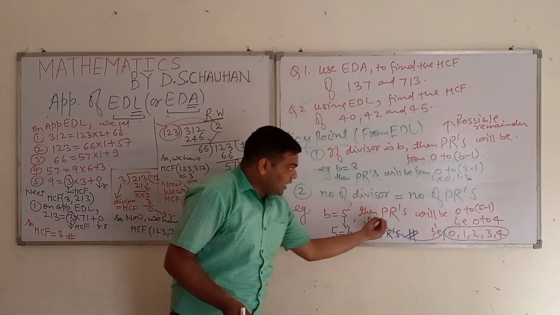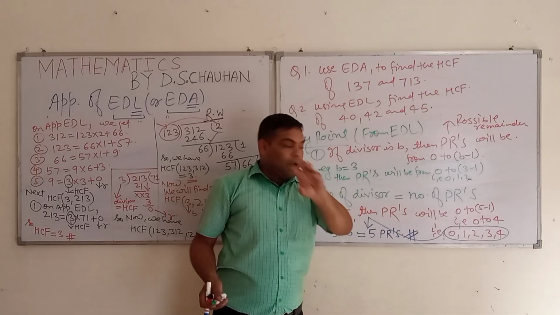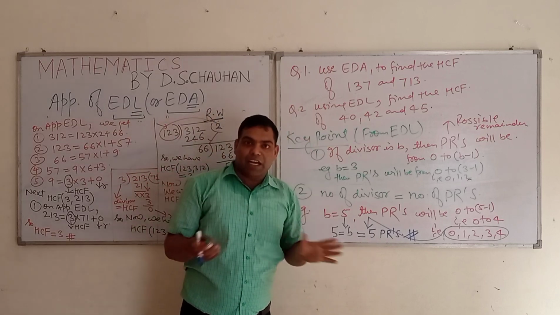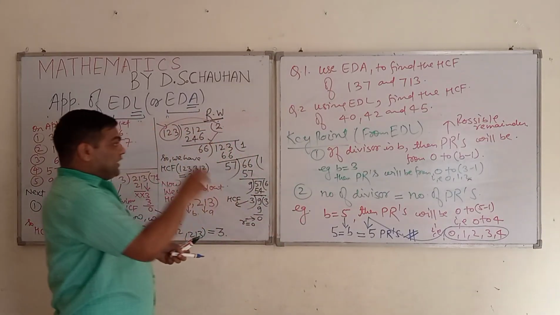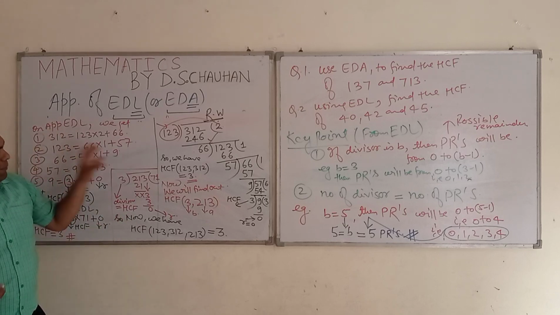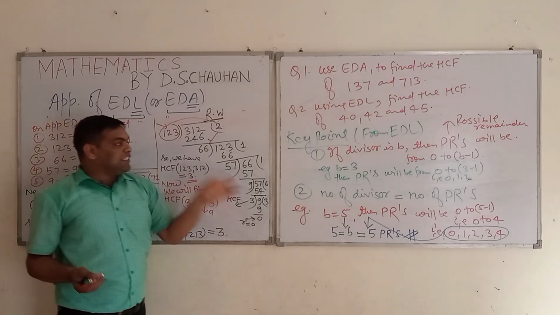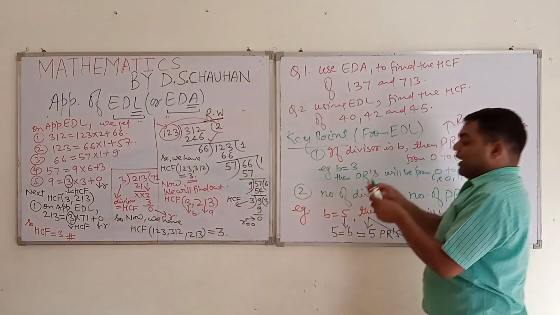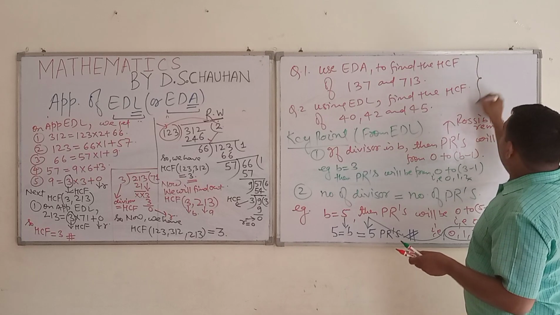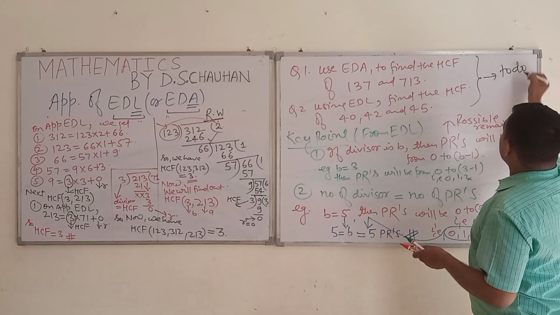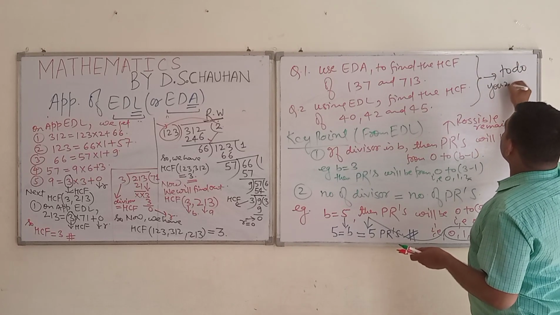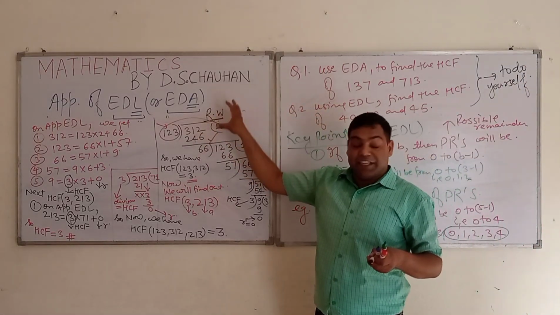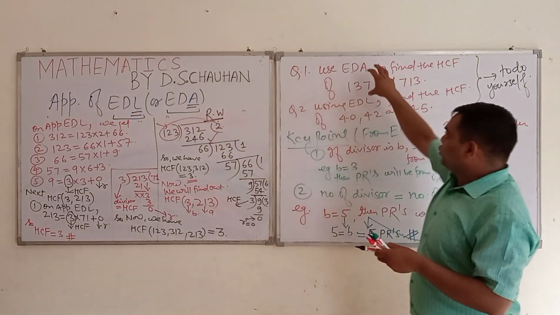I have explained here clearly, students. I hope all of you are learning and understanding the things very easily, very clearly. Whatever is under Euclid division lemma, students, I have explained, these are sufficient points to understand the concepts along with the examples, and also I have given you 2 examples to do yourself. Whatever explanation I have given, take an idea, and you have to do these 2 questions yourself.